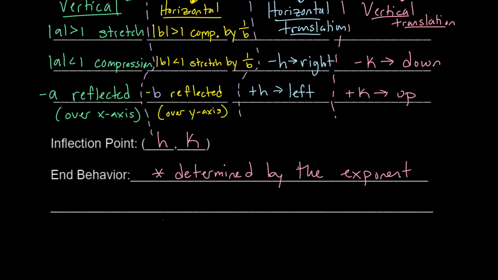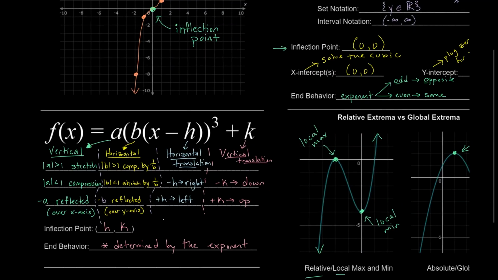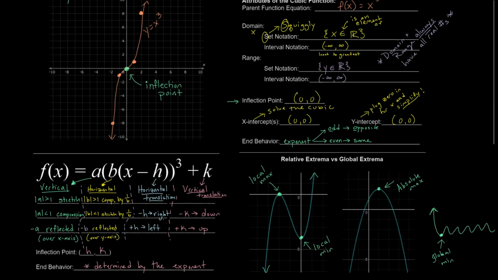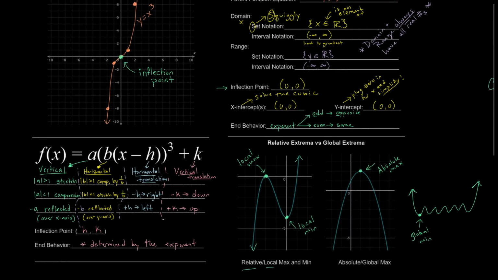So if it's an odd exponent, it's an odd function. If it's an even exponent, it's just an even function. Any questions on any of these notes? Pretty straightforward, right? All right,